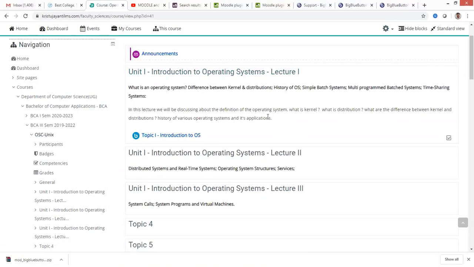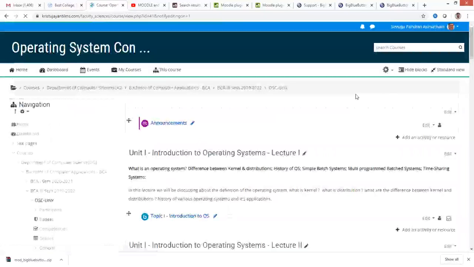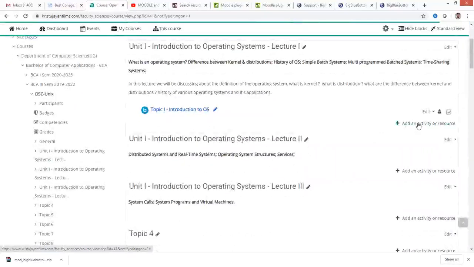lecture. So this is the way you can give some kind of description for the lecture. What are the things they have to cover, and the differences, the content, the details about what you are having here, the heading, the explanation can be given over here. So this is one way we can do. And let me go through and show you the add lesson activity.